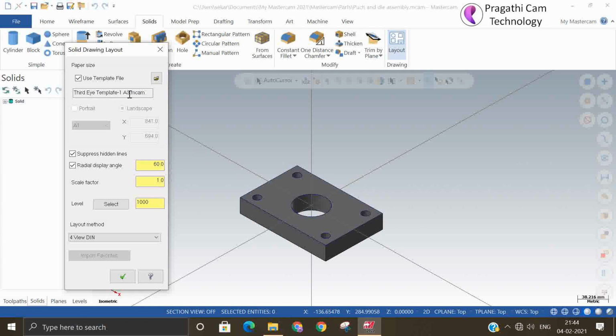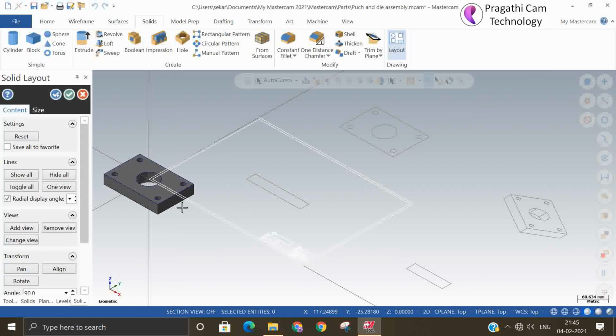So you can make a template and bring it here. I have some standard templates, so all the borders and other things will be available in that particular file. You can save it in that, and that template you can bring here and add the views here.